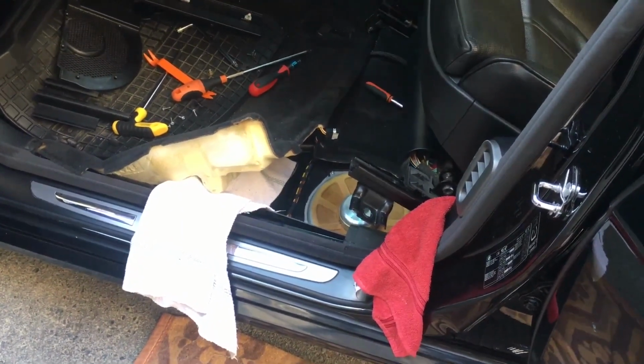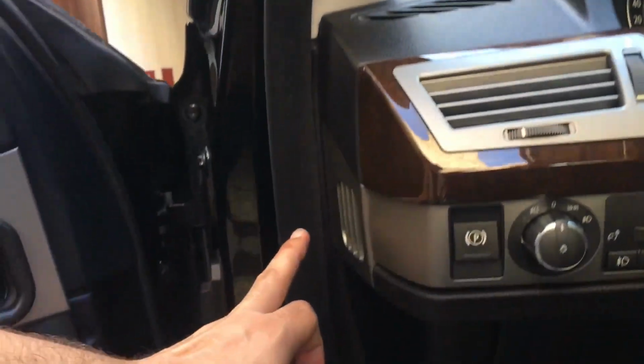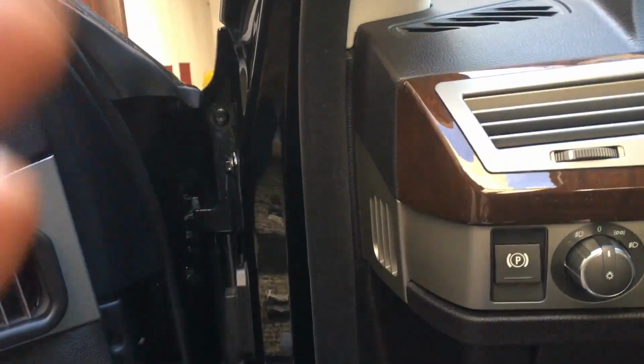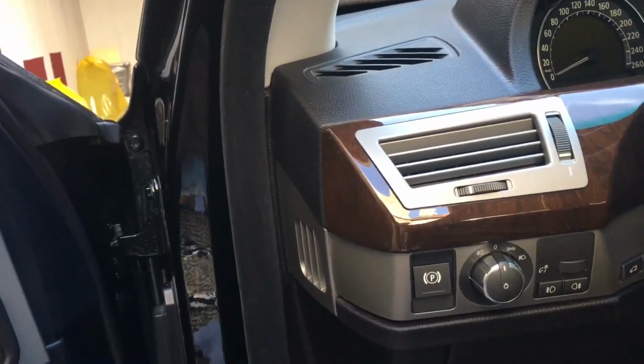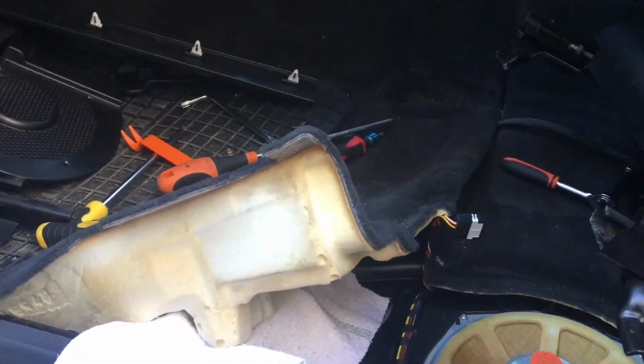spilled coffee and one time water got down from the sunroof. You know that problem with the clogged drain pipes that come right here. The water should be going outside the car, and instead the water is coming in the footwell, and water drained and water coming into